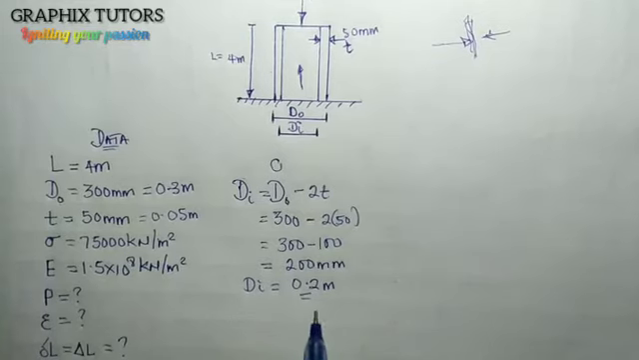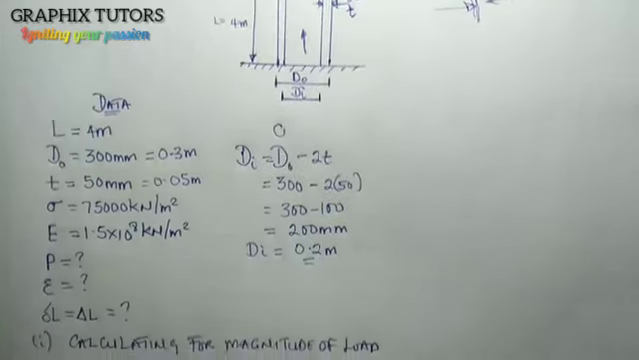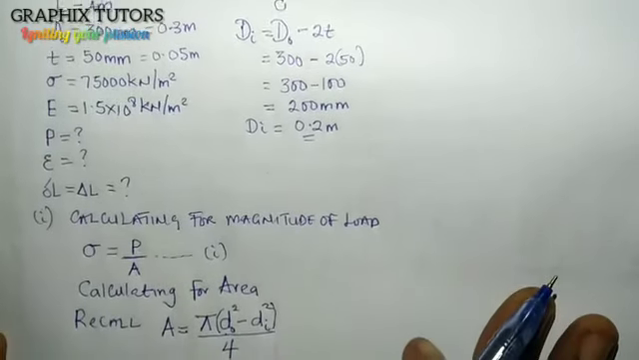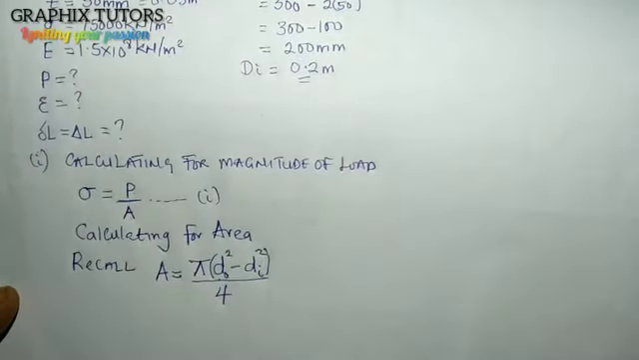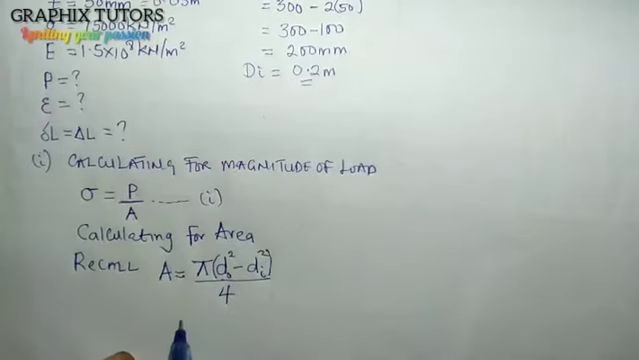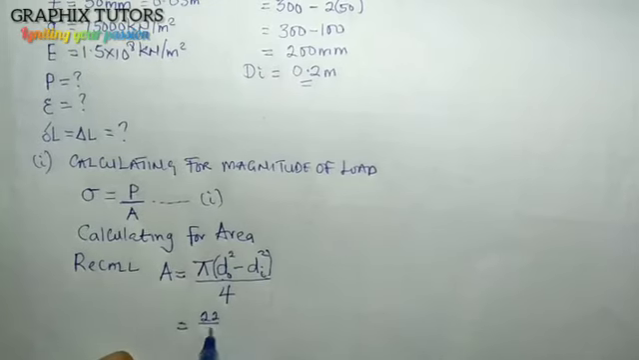So I will put my di and my do into this equation here. So from here, I will say that the area will now give me pi, which we are taking as 22/7, multiplied by the do we calculated to be